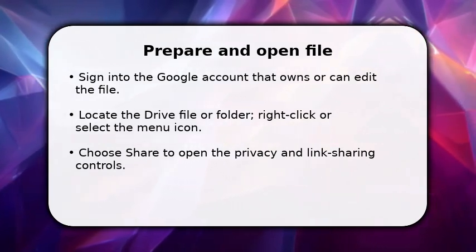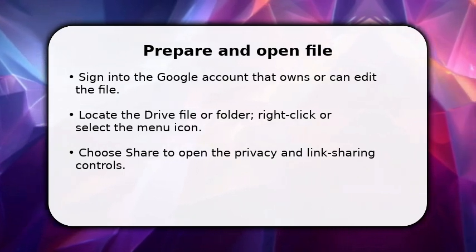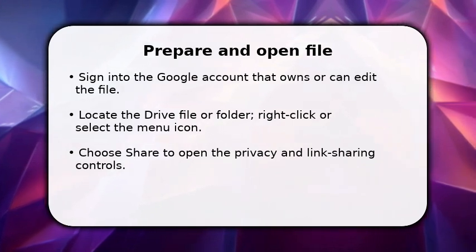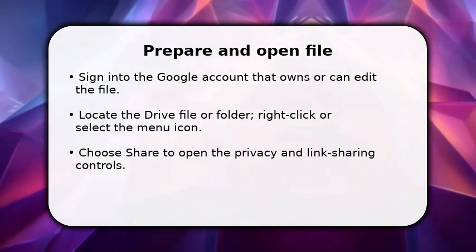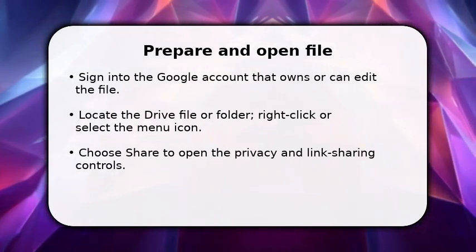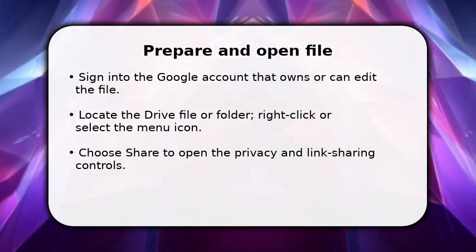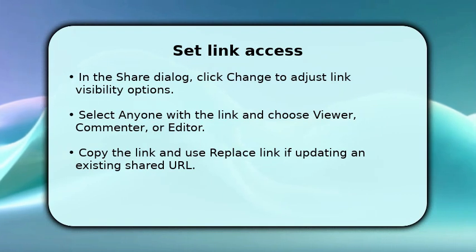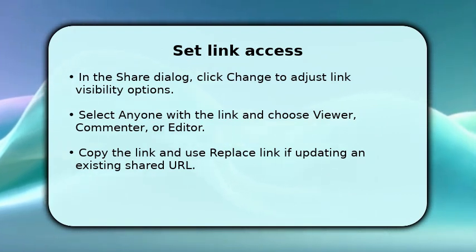Once the panel appears, pause and review current access. Make sure editors and owners are correct before changing link settings. This first step prevents accidental public edits and ensures you start from a known permission state rather than guessing who already has access. In the Share dialog, click the link visibility control labeled something like Restricted or Anyone with the